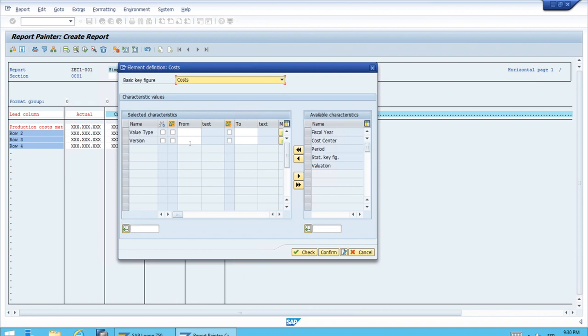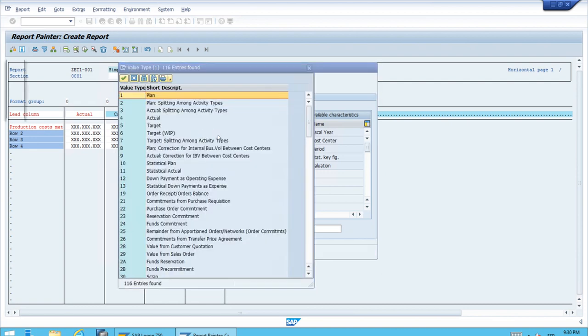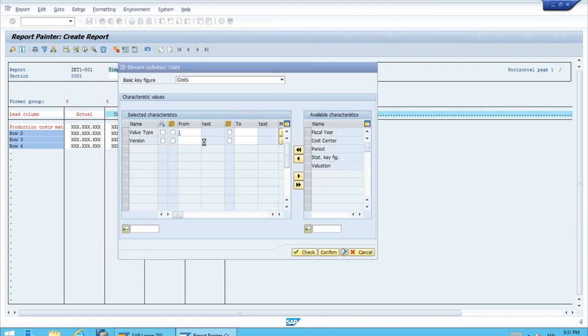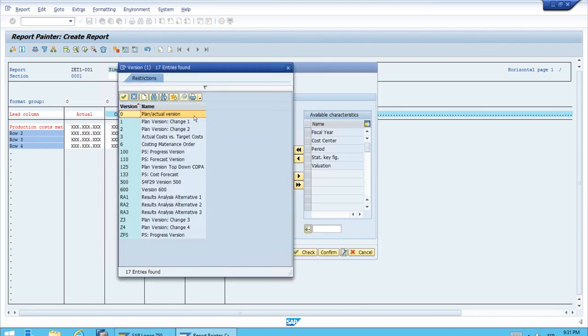So let's start with value type, and as always, as we have been doing, we will use the match code here just to show that we will select value 1, which, as you can see, holds all the costs that we have as planned costs. So with the line selected for value type 1, let's click copy. And for the version, we want version 0. We have been using version 0 in this server. So again with match code, let's select that line,